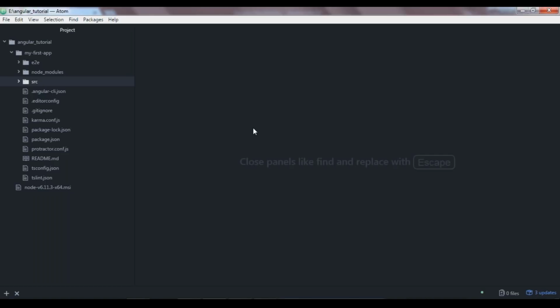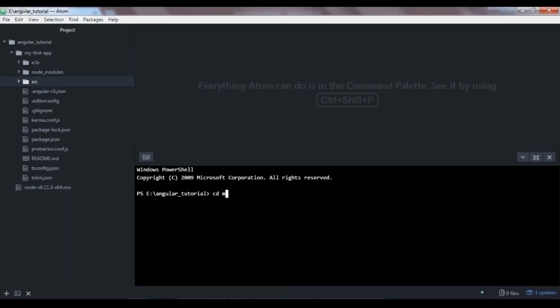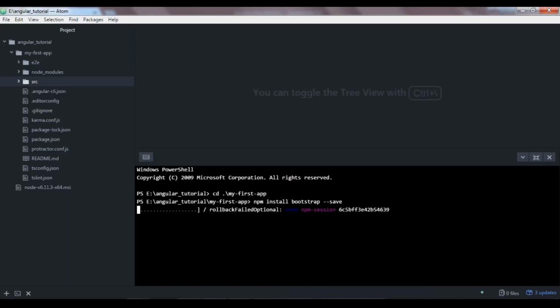If you're using Atom and you have installed the package platformio-ide-terminal, you need to use Alt-Shift-T for opening the terminal. Then you need to go to your project folder. Bootstrap is an npm package, so you need to go ahead with the command npm install bootstrap and then --save. The --save flag puts your dependency, that is Bootstrap, in your package.json